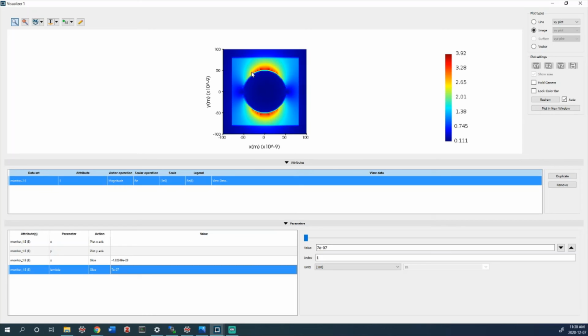All right, so we can see that the electric field almost looks dipolar, right? And that's actually what it's supposed to look like, because the wavelength component, 700 nanometers, is much bigger than the sphere's size, which is 100 nanometer diameter. Okay, so maybe it's not much bigger, but it's big enough that the sphere kind of acts like a dipole